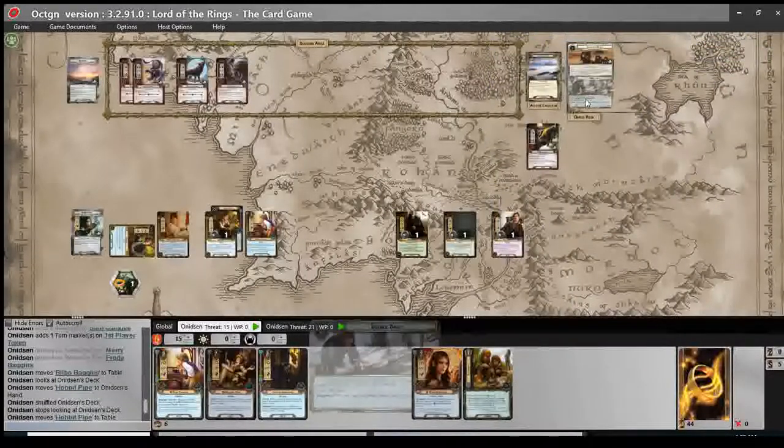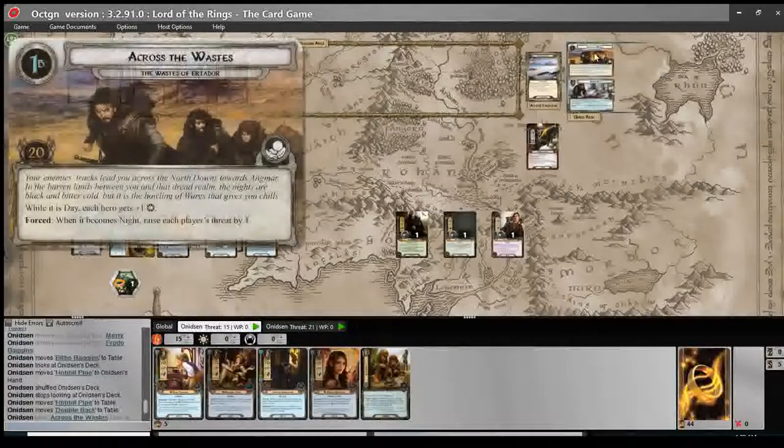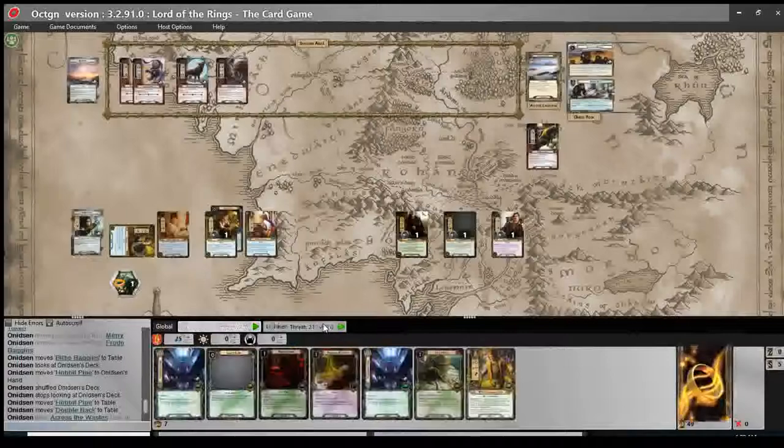We'll also play Double Back. Oh, we'll flip that as well. While it is day, each of our heroes gets +1 willpower, and when it becomes night, we raise each player's threat by 1. That's going to be interesting. Oh yes, and...